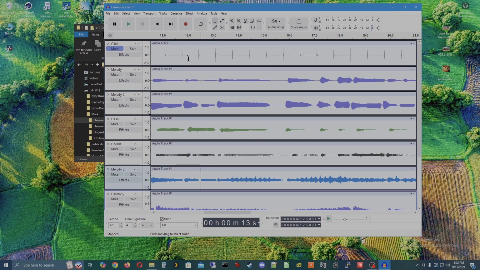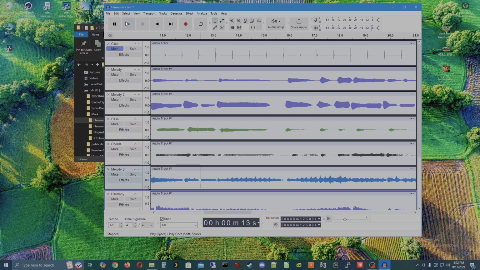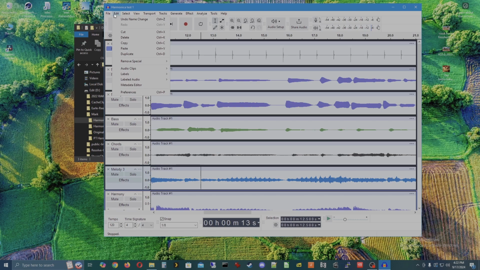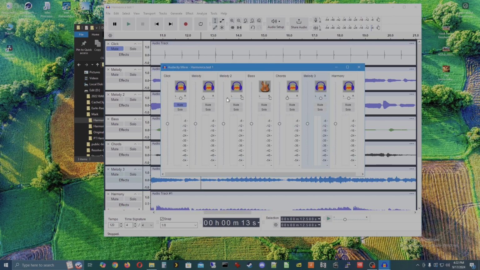Another thing I want to do before exporting is to center all the tracks. They look like they're all mono tracks, but I hear them panned. So we want to center them all so we get the same thing in all of them, because we'll do any panning in my future mix in Pro Tools. So center that,